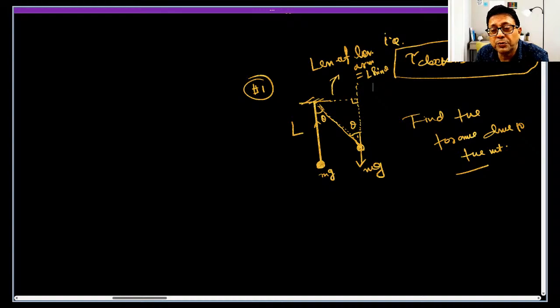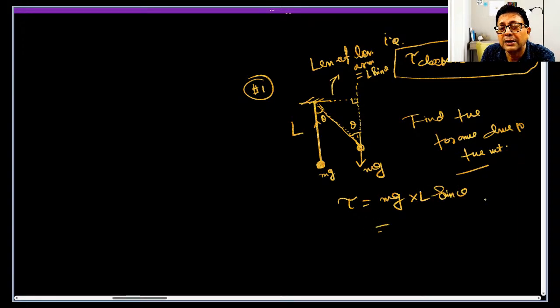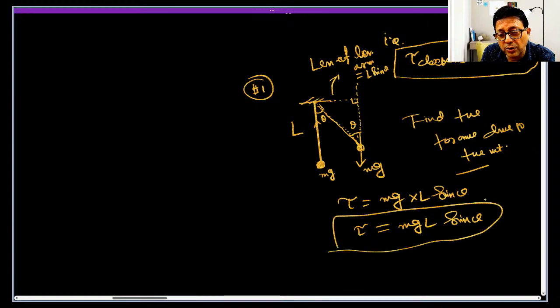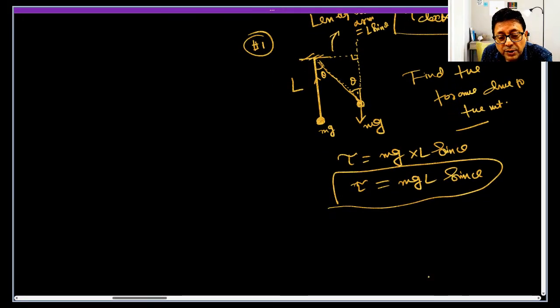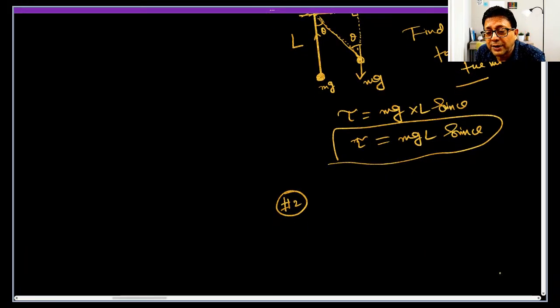So tau is going to be mg into L sin theta. This is just mgL sin theta. This is the torque of the force: force into perpendicular distance. Let us solve another question here. For better understanding, we will be doing this. I am just drawing